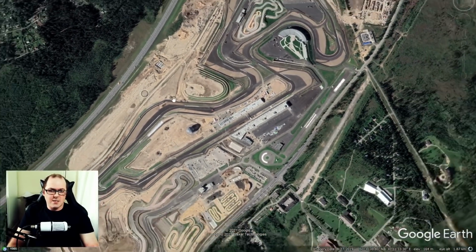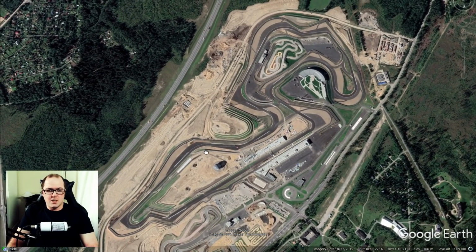So looking at it as is, I'm seeing elements of Kyalami, elements of Istanbul, a little bit of Imola in there, I guess, but turns 1 and 2 quite reminiscent of, I think it's Aragon, that I drove in the F1 game. But compared to the alternative, which is Sochi, I think this will probably be better because it's got more variety of corners. Sochi's a lot of medium speed corners, whereas this you've got longer corners, you've got a couple of tighter corners here as well. It just seems a bit more...